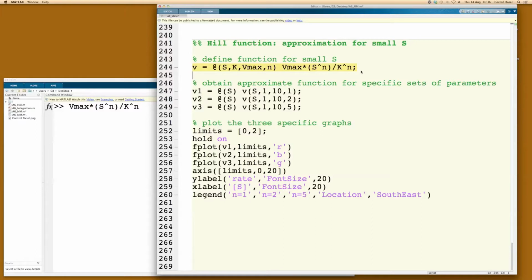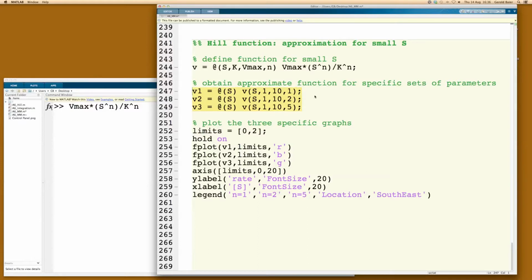So rather than having the complete Michaelis-Menten function, we have here the simplified Hill equation, which is Vmax times s to the power of n divided by k to the power of n. And if we treat it just in an analogous way as before, we can look at the graph of this function